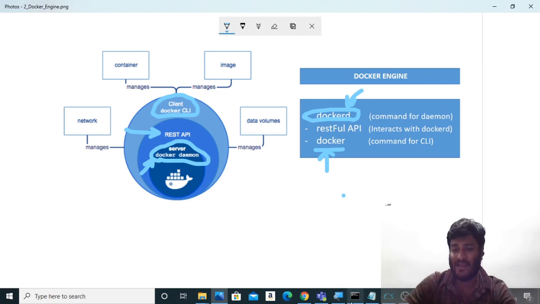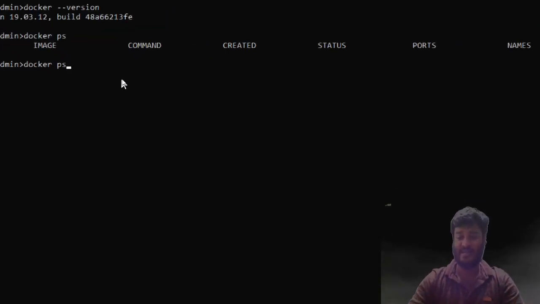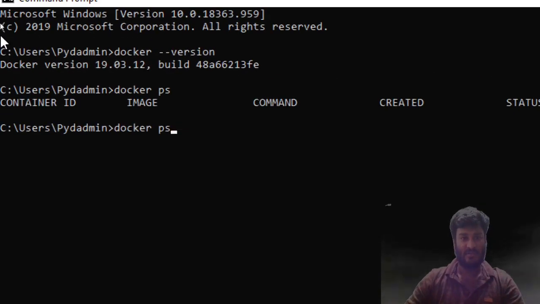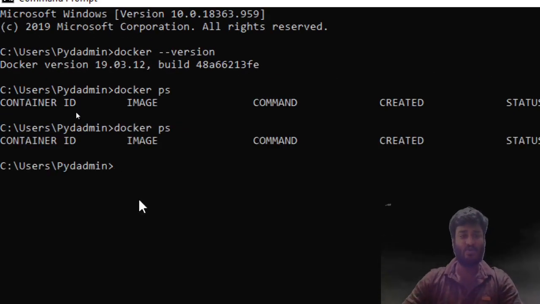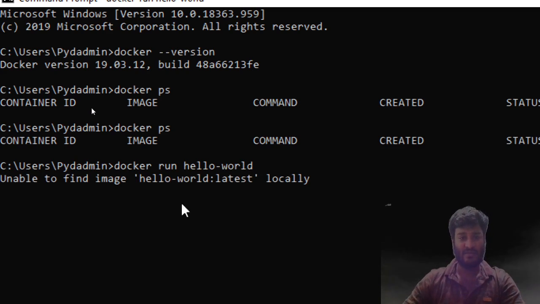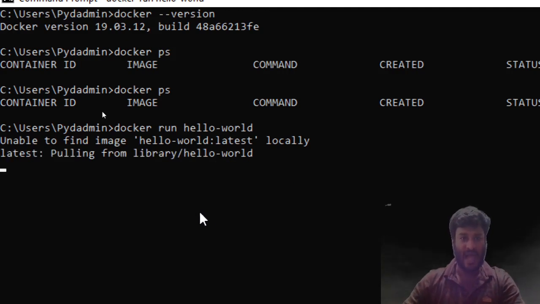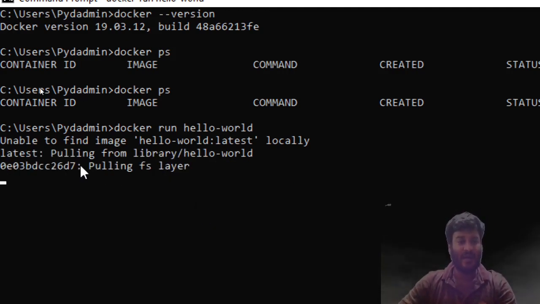So what is CLI? When I go to my CMD and say docker ps, which means show me all the running containers, and hit enter, it shows me nothing. When I say docker run hello-world and hit enter, it says that it does not find the image locally because it is on the hub, and that's why it is pulling from the hub.